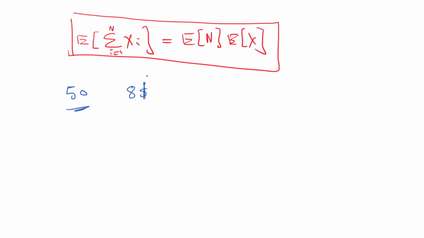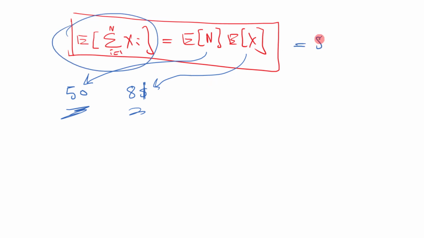Moreover, let's suppose the amount of money spent by a customer is also independent of the total number of customers who enter the store. So what will be the amount of money spent in the store on a given day? Here this is the mean, the average money spent by each customer. So if you want to know the expected amount of money spent in a store in a given day, you need to find this product, and it will be equal to 50 into 8, which is $400.